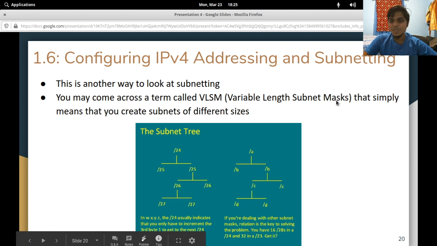So this is what VLSM is all about. Remember when I said don't worry about it too much, focus on the core concepts first. So this is where it leads you basically, and this is where we are in the networking field now. We go all the way down to /31s sometimes, or /30s depending on what the equipment supports. So we'll take a /31 or a /30 for like a point-to-point link. So between two routers we'll use a /31 or a /30, and then for the bigger networks,